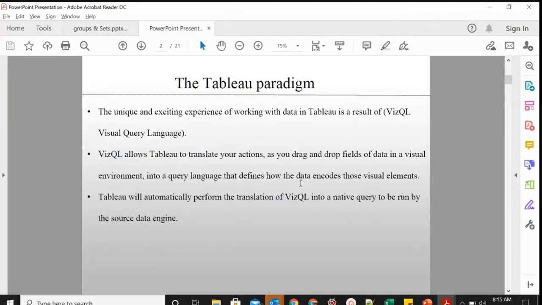So you can connect to any data source. You can connect to an Excel file, you can connect to a text file, you can connect to various servers, cloud-based servers, or various databases. For the time being, let's assume that you are connecting to a data source in a database, an SQL database. So when you are dragging the fields sales and category in the